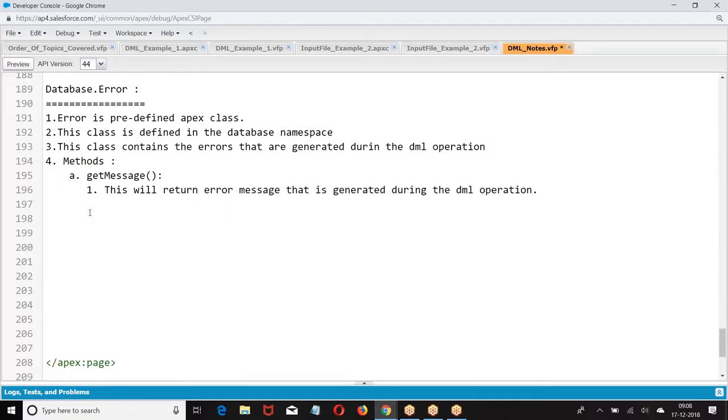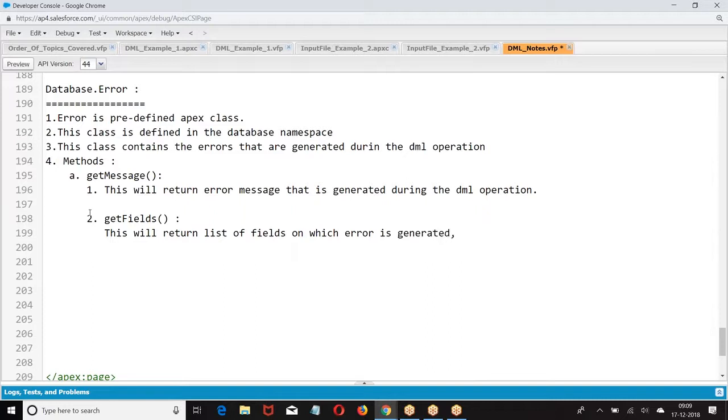Next, getFields. This will return the list of fields on which the error is generated. Then we have database.SaveResult.